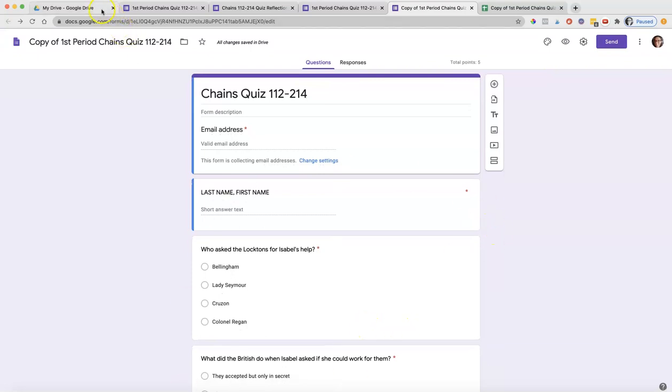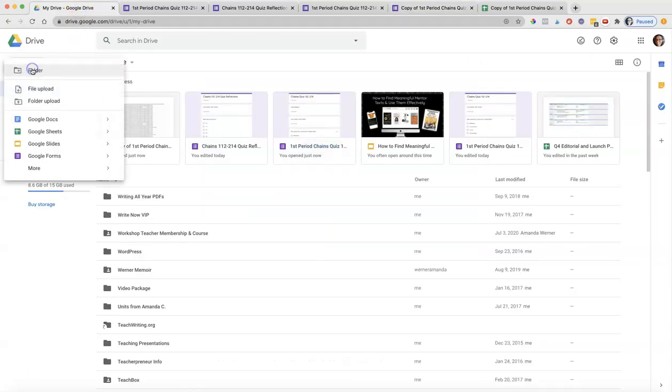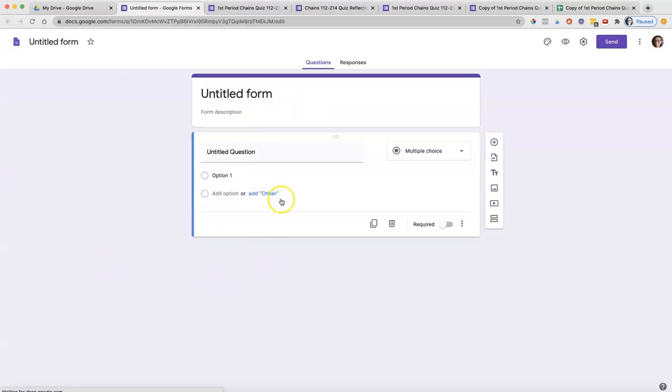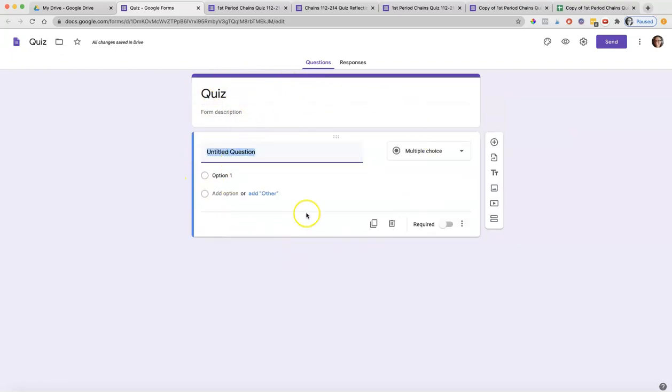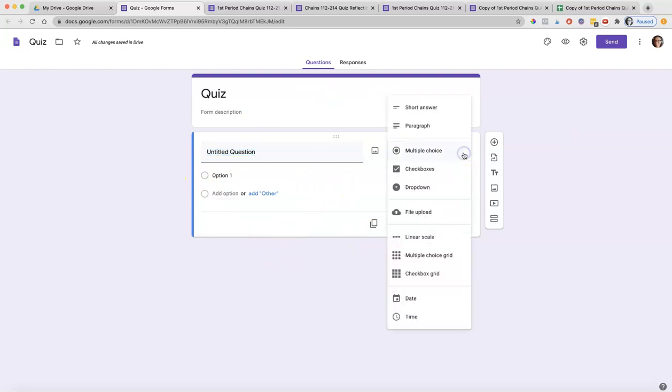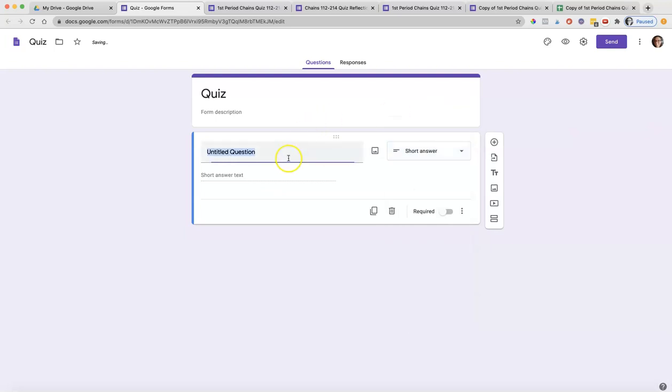So first you're going to go to My Drive, and you're going to click New Google Forms. And this is what it looks like when you first get started. So you'll give it a title here, and I'll just call it Quiz, and it'll auto title your quiz here. And then you'll click here. This is your first question, and you can make it multiple choice, short answer, paragraph. I recommend short answer for the first one, and you're going to want to put last name,